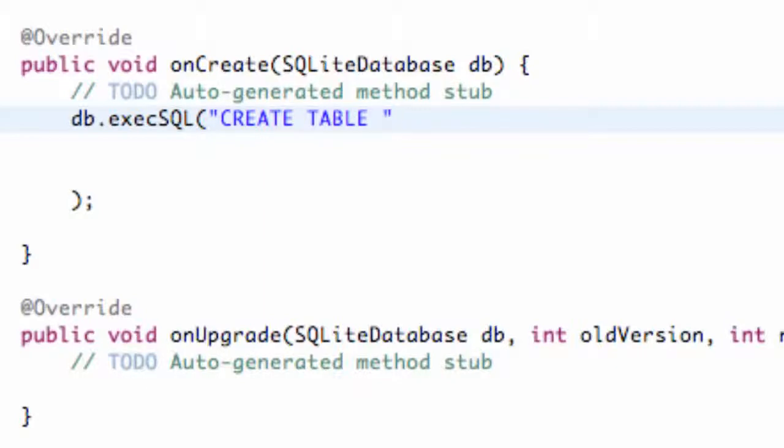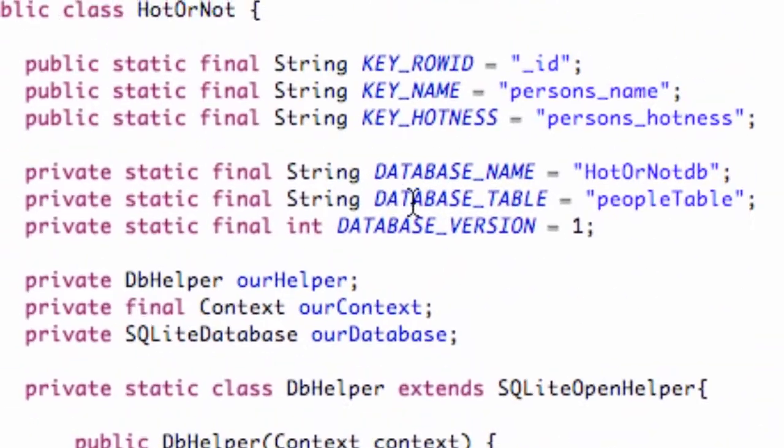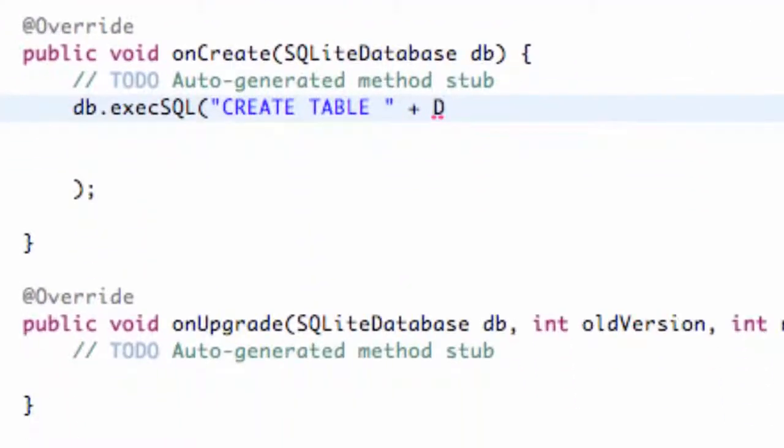You guys have to follow along pretty closely here, make sure everything's accurate so the SQL can be executed. So we're going to have this command called create table, and then we're going to reference our table name. Our table name was called database table right here. So we're just going to say DATABASE_TABLE,